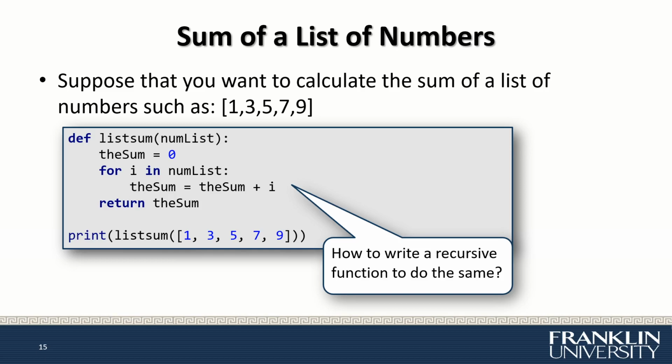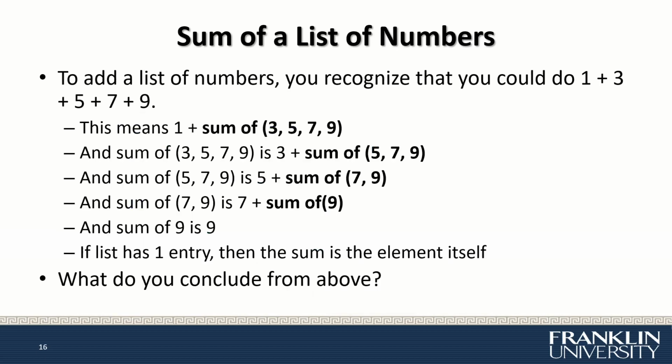Remember the three laws of a recursive algorithm. You have a base case, you try to break down the problem into smaller subproblems and move toward the base case, and a recursive function must call itself. So to add a list of numbers, you recognize that you want to do 1 plus 3 plus 5 plus 7 plus 9. This really means 1 plus